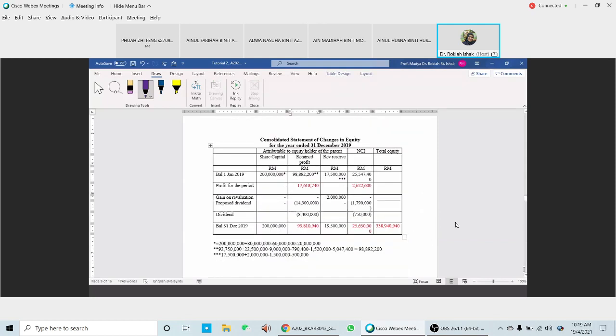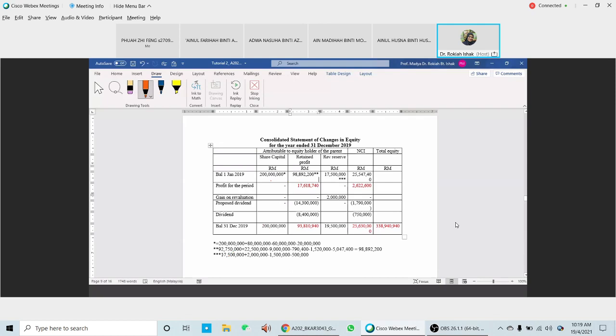Okay, this is the preparation of the statement of changes in equity. The preparation here is a little bit complicated. In the format that we have here for the statement of changes in equity, we're going to have share capital. For share capital, normally there will be no changes. Then you have retained profit brought forward. To find the retained profit balance on 1st of January, the 98 here is